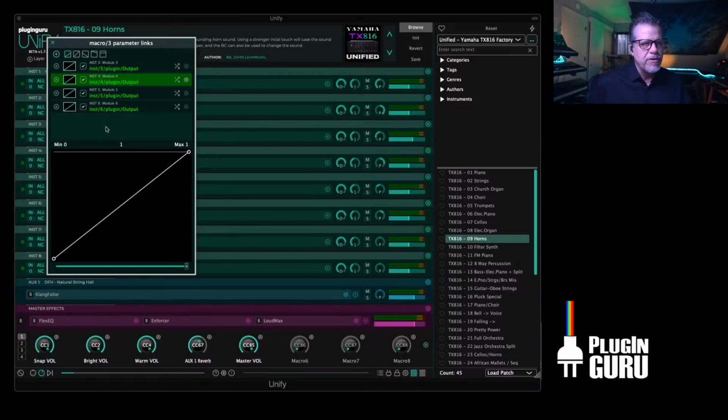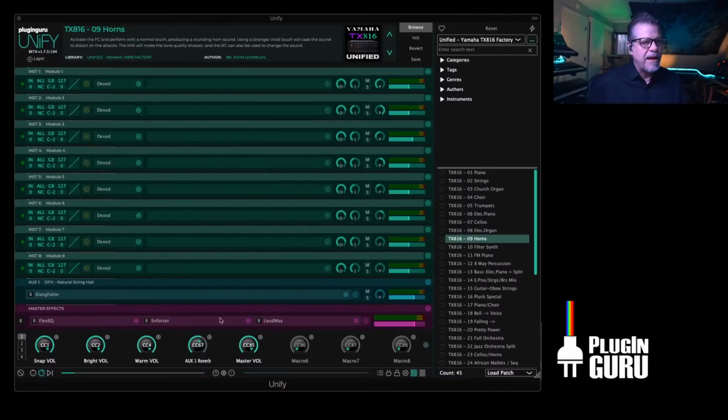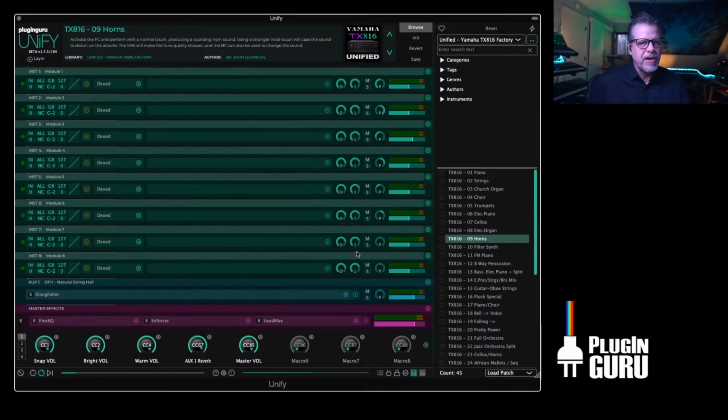Once you have one, if you need to use this for multiple layers, like auxiliary sends, if I wanted all these auxiliary sends, which you'll find over here on this knob right here, right? They're all set up. I just need to do one, duplicate it 7 more times, and double click and change the layer for each one of these to 2, 3, 4, 5, 6, 7, 8. And now I have one macro knob that's changing the auxiliary bus or reverb. If you don't want reverb, bring auxiliary to 0. If you want reverb,